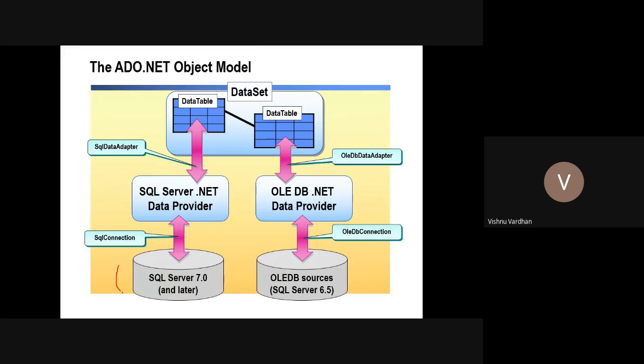So whether you are taking this SQL server, or you may be implementing some fundamental OLEDB sources. That means you can access from Access, or you can take the MS Excel, or maybe some SQL previous instances. If you want to connect previous instances, means SQL Server 6.5 previous to this particular version, all these are capable to be served under this library OLEDB.NET. Okay, so most of the time as you are going through with your current project, anytime you can simply take with this SQL Server dependency, and for that what you need is